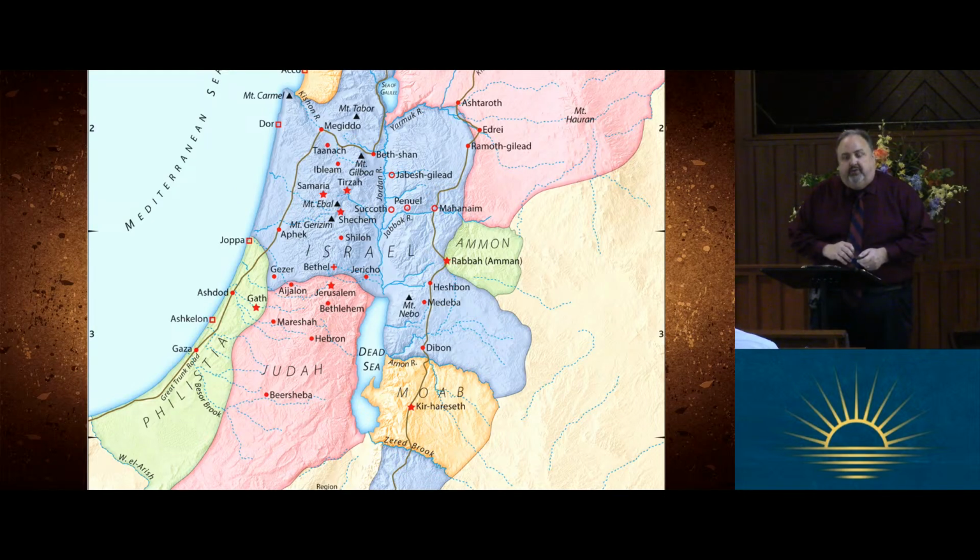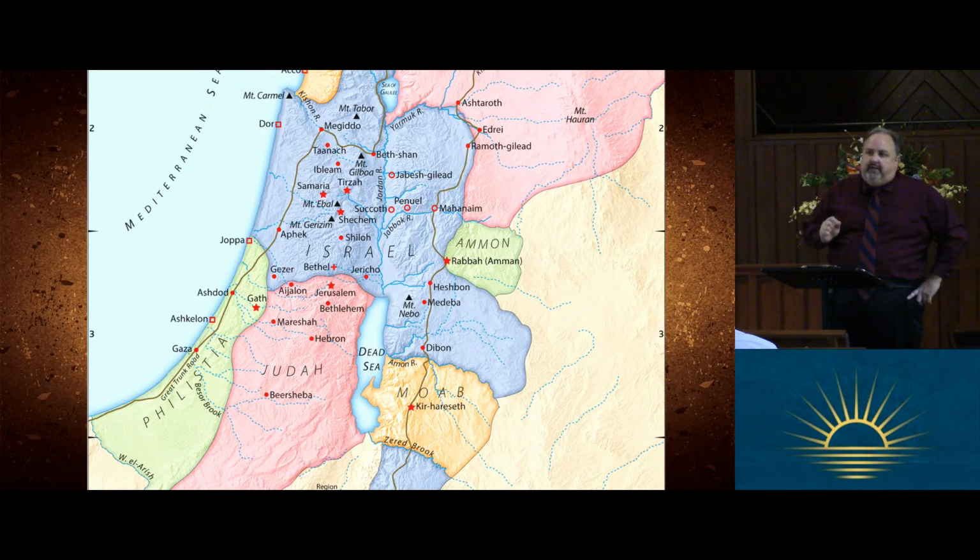And this helps to set off the kingdom from Dan way up in the north, not the tribe of Dan, but Dan, this city, all the way down to Bethel. Jeroboam, who picked Jeroboam to be the king of the northern kingdom of Israel? God did. Well, wait a minute. I thought Jeroboam wasn't descended from David. Well, he wasn't. God is the one who picked Jeroboam to be his king for the 10 tribes.